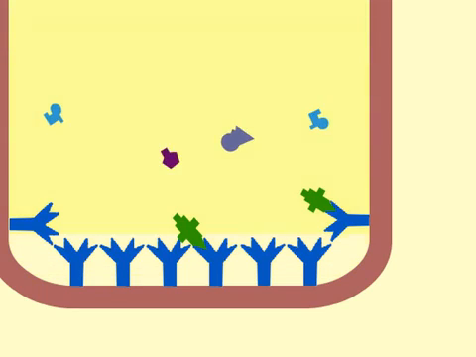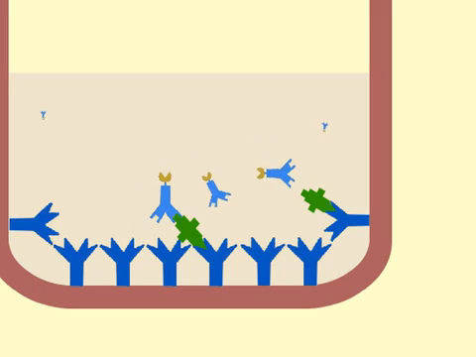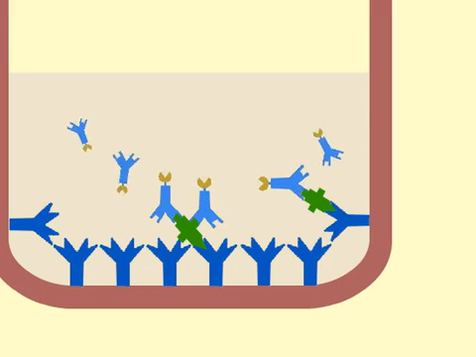The wells are then washed out to remove any of the unattached molecules, leaving the antigen of interest stuck to the wells. Now, a second antibody, directed against another epitope on the target antigen, is added. These antibodies are conjugated covalently to an enzyme, indicated by the yellow circle at the Fc portion of the second antibody. They bind to the antigen that's fixed in the well, and this provides a second level of specificity for